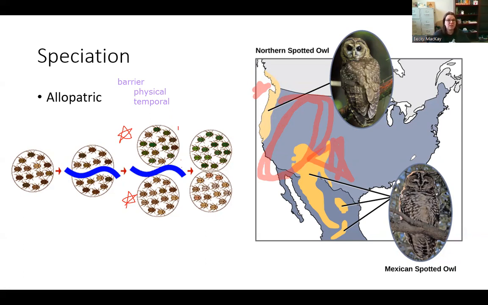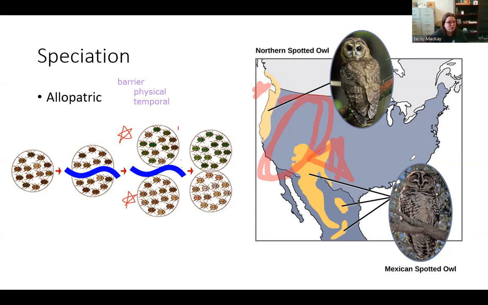A few of those individuals went over the Rocky Mountains and now are living on the West Coast. And because they're on the West Coast, now they have a completely different climate. The West Coast is very, very wet. Portland and Washington, it rains all the time. If you've ever seen Twilight, Forks, Washington, always rainy. Versus down here in the Southwest, it's typically very, very dry. So these birds had very different environments in which they lived. And after being separated for hundreds of years and many generations, now they're considered completely different species.